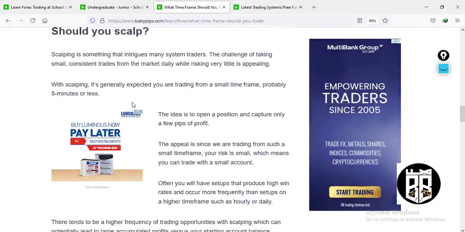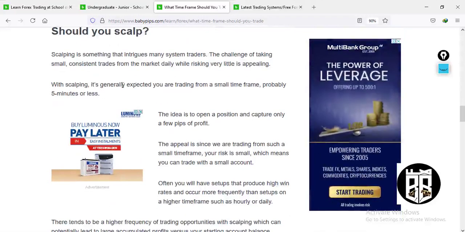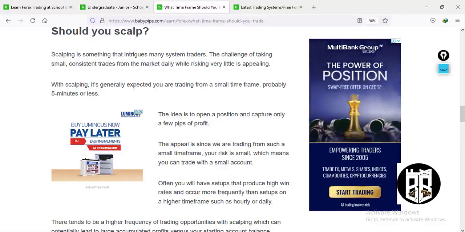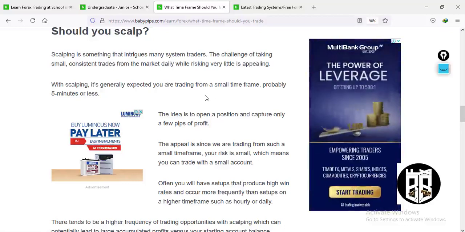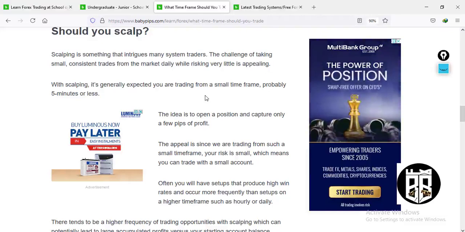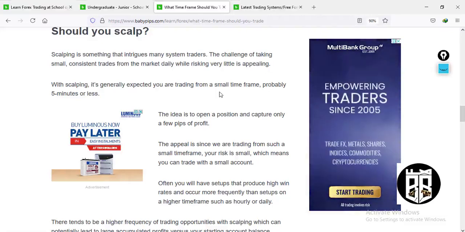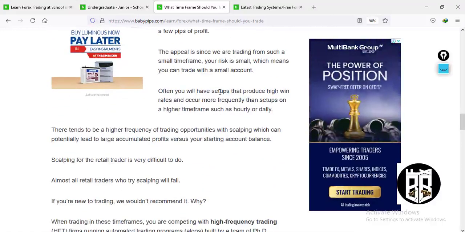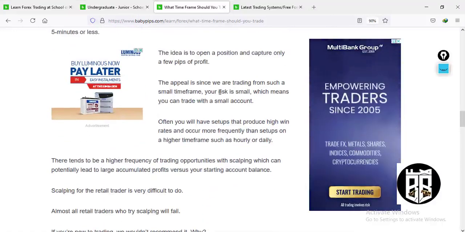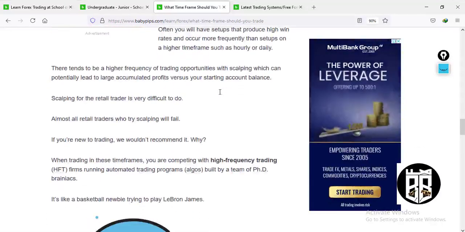Should you scalp? Well, scalping is generally expected of anybody who trades, but it's up to you if you want to scalp. I don't think you should, unless you get the hang of it. As I was saying with scalping, it is expected that you are trading from a small time frame, probably 5 minutes or 1 minute. There are some people who trade just 1 minute. I know somebody who can trade any time frame, because it will tell you the market trends on every time frame, and that's true. And so yeah,